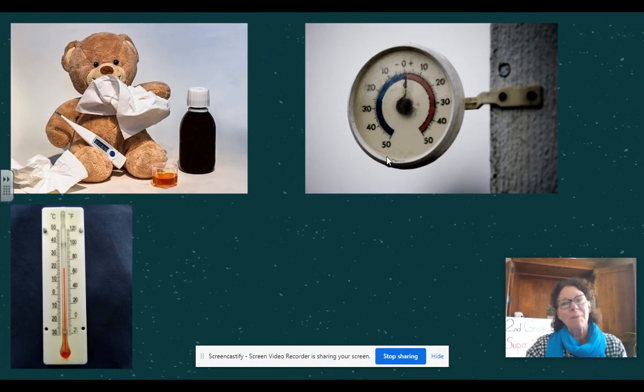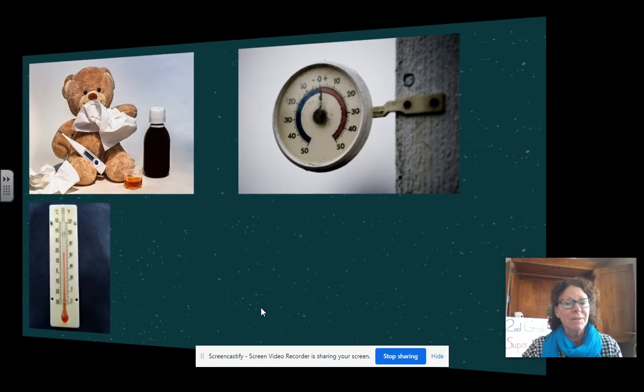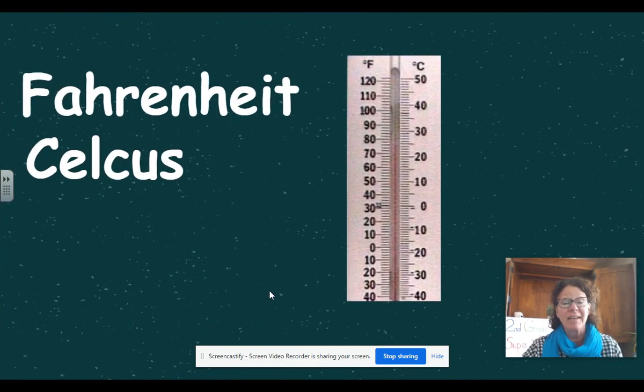You've seen thermometers. You've probably seen a little one that someone may have used to take your temperature if you weren't feeling well. That's going to read it digitally. This is another thermometer that you might see outside. Sometimes they're round and sometimes they're rectangular shaped like this one. All different types of thermometers, all measuring how hot it is.